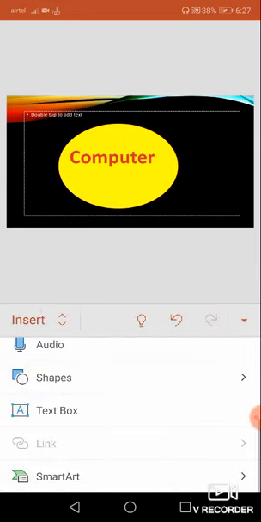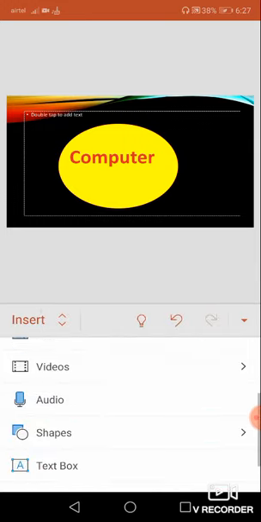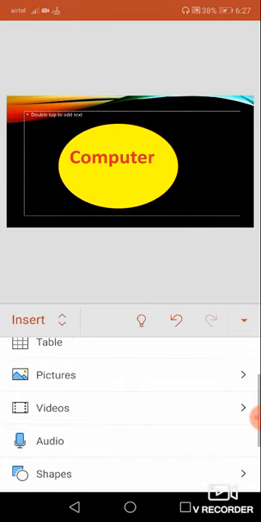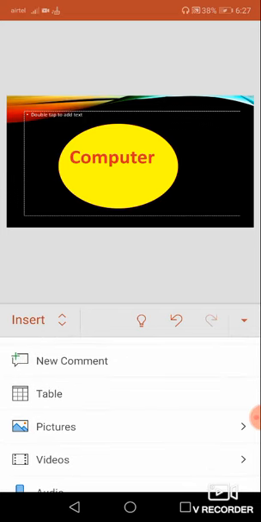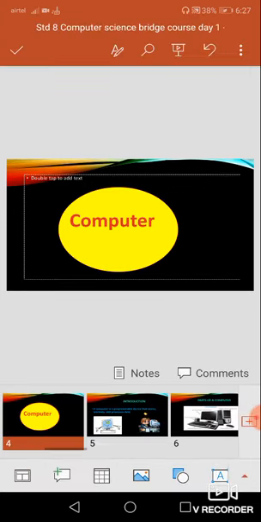And then next, if you want to insert some audio you can insert it, and if you want to insert some videos to your content, you can insert videos just by clicking insert videos. And if you want to insert pictures, in the last class I told you how to insert a picture. Now if you want to add some tables, for example, I am going to insert a table.